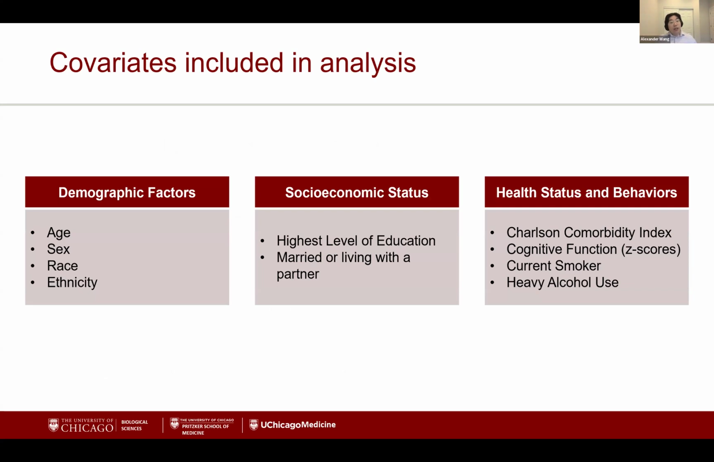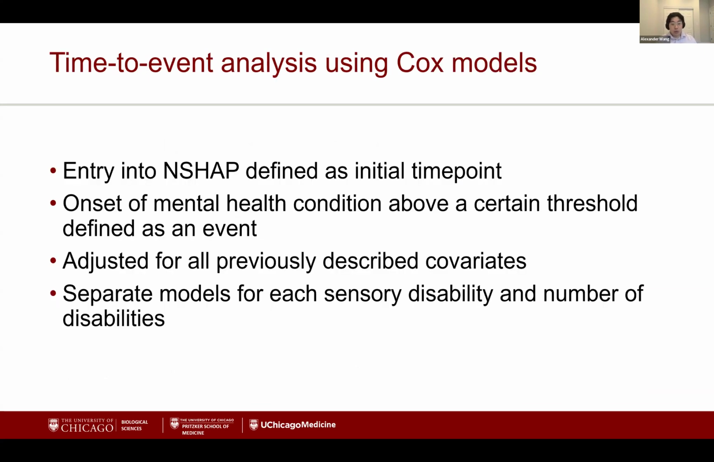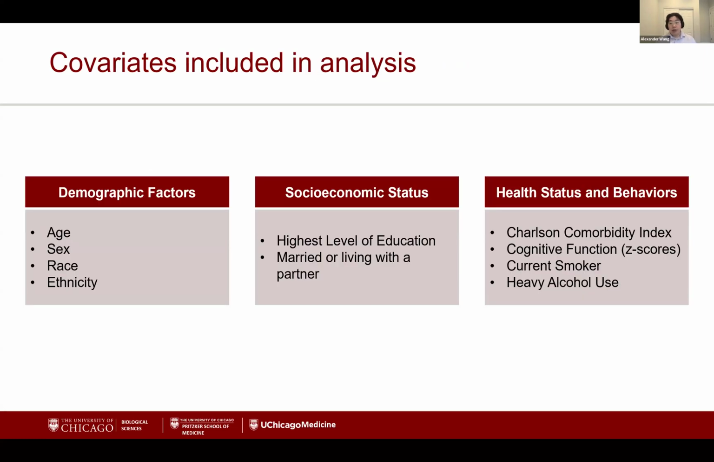And then finally, the covariates. We included covariates that, based on our literature review, we thought may impact either sensory function, mental health, or both. They're divided into three broad categories. You have demographic factors: age, sex, race, ethnicity. Socioeconomic status factors: highest level of education, and whether they're married or living with a partner. And then health status and behaviors: Charlson Comorbidity Index to get a general sense